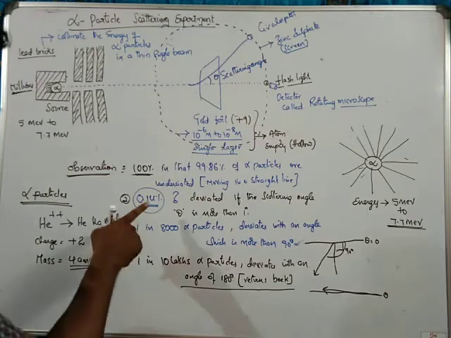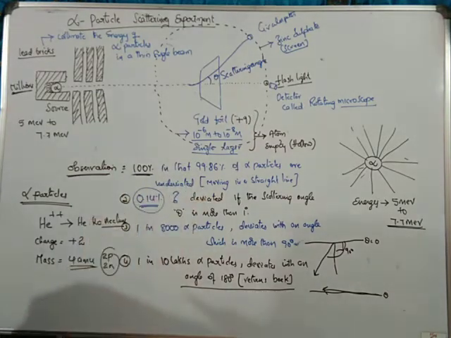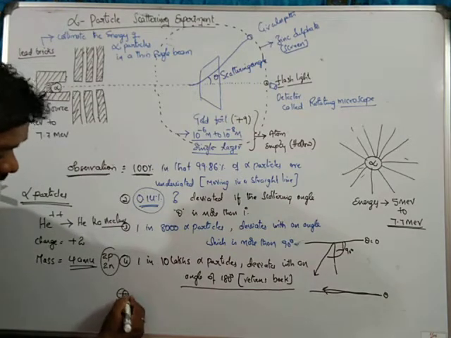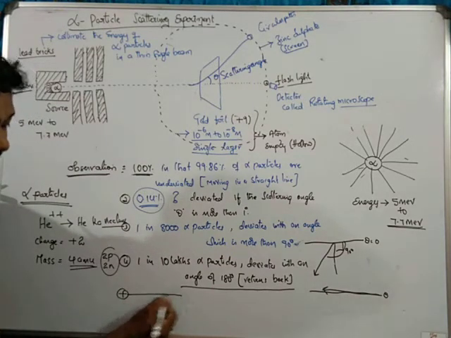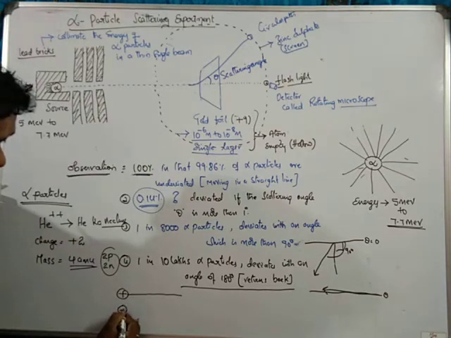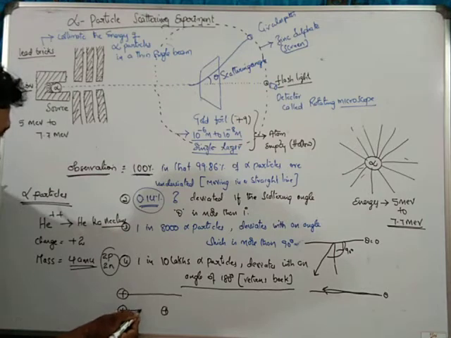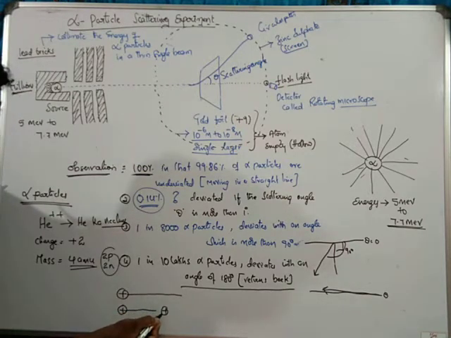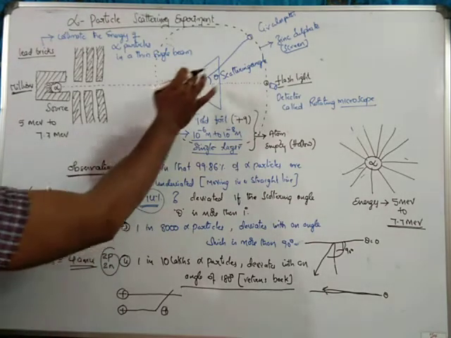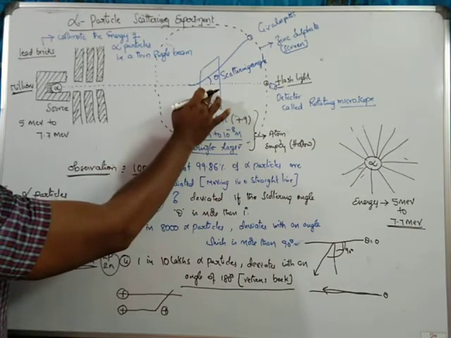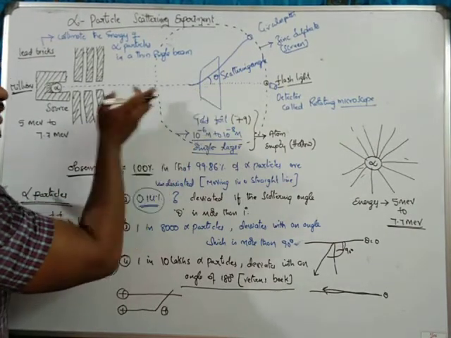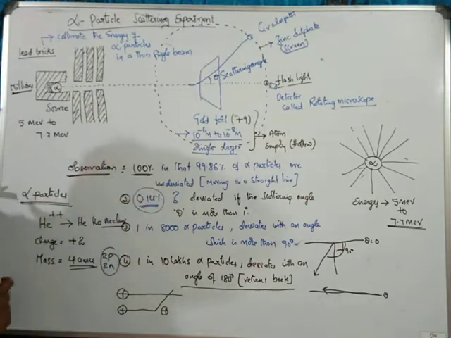So here 0.14% was deviated. So generally why was it deviating? Whenever we have no charge, it moves in a straight line. Here we have one positive charge. Suppose you have a positive charge here, the object will move in a straight line until it reaches the positive, then it will be repelled and the object will be deviated. So it means at the center, in some cases, they have some positive charges, so it will be deviated.